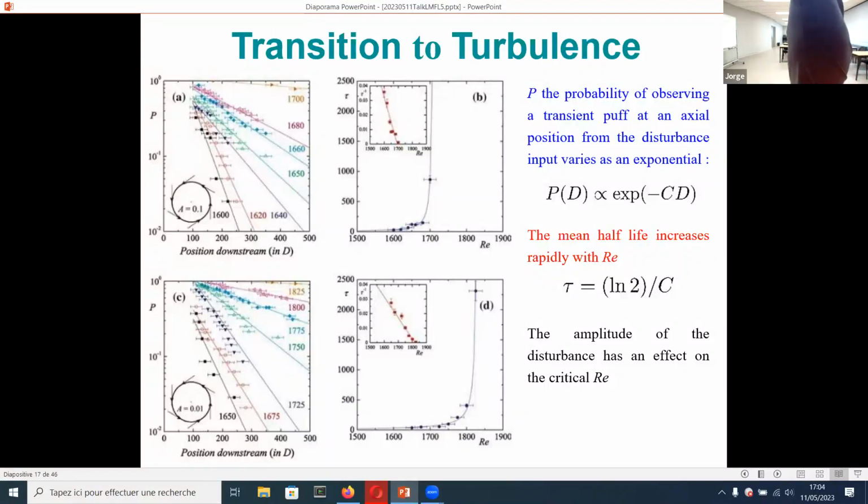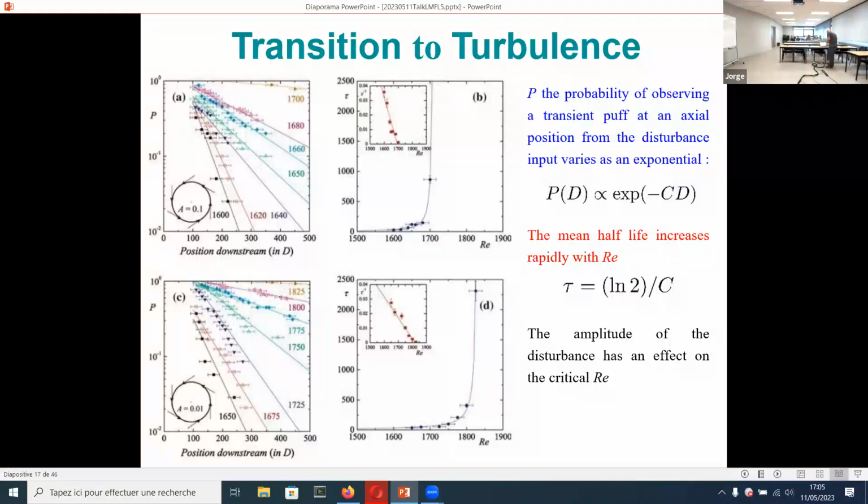So from these probability distributions, we can fit an exponential decay. And from the exponent, we can calculate the half-life called tau. And on the second graph, I plotted tau as a function of the Reynolds number. We did the same experiments again for an amplitude 10 times smaller, and we were very surprised that we didn't get the same quantitative data. We get two different